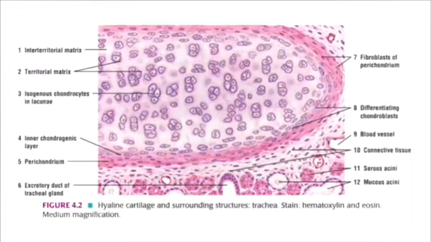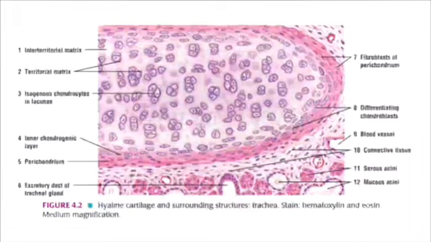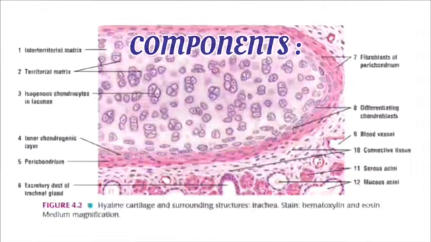Today's topic of discussion is cartilage. Cartilage is non-vascular, but it is surrounded by vascular connective tissue called perichondrium. Nutrients and metabolites enter and leave the cartilage by diffusion through the matrix. Cartilage has all the three components of any other connective tissue, that is the matrix, and embedded within it the